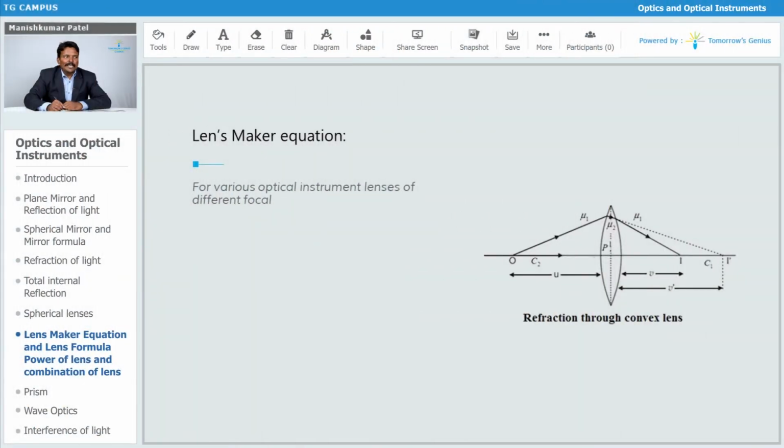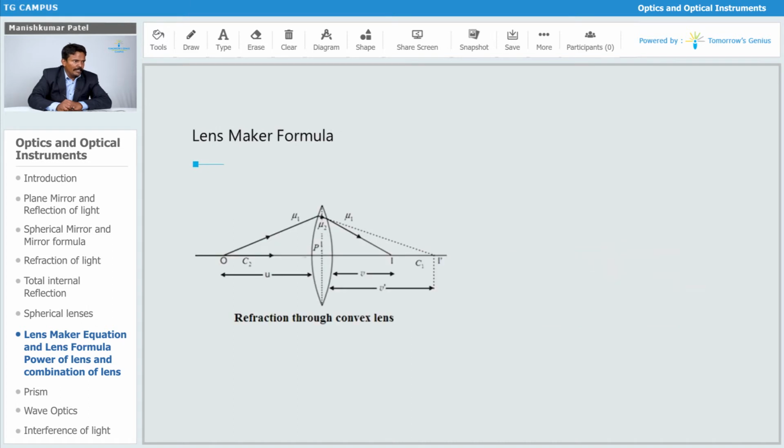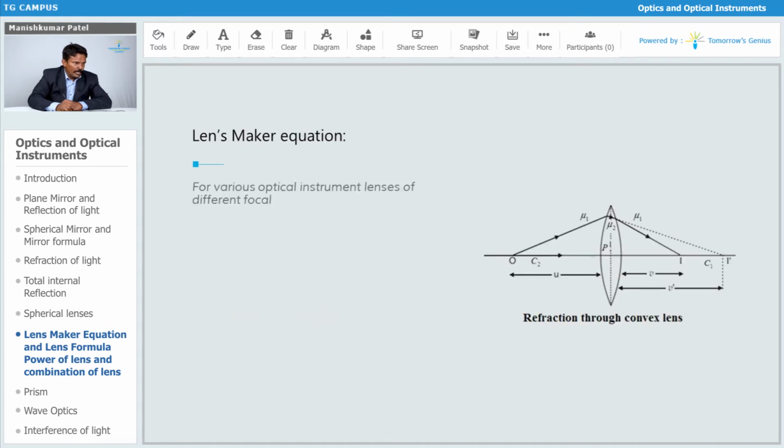Now let's see the important lens maker equation, which I told you is based on the refraction at a single curved surface. So in the case of this lens maker equation, we are just taking these two curved surfaces and connecting them, which will form your lens. If I just consider this part, definitely I can say that